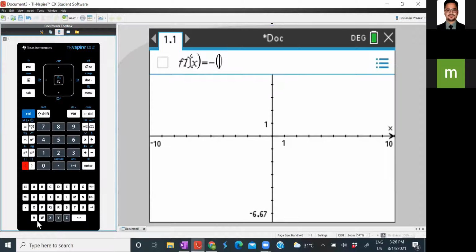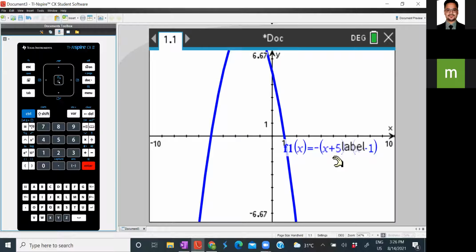It was minus, brackets open, x plus 5, brackets closed, brackets open, times x minus 1. Click enter, and immediately you will see a curve.